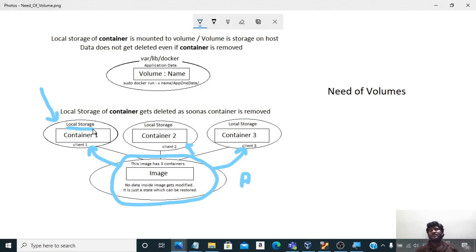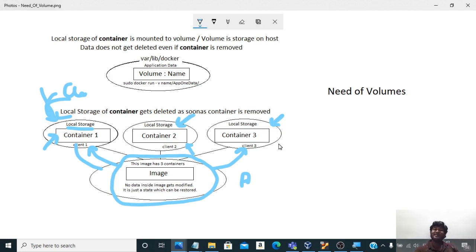Whenever a person runs a website hosted on this container, he might register. This client belongs to us, but they have their own clients who work on their system. They can register, they can create a ticket, there can be a lot of stuff which will create data in this container. In a similar way, data will be created in this container, and data will be created in this container.